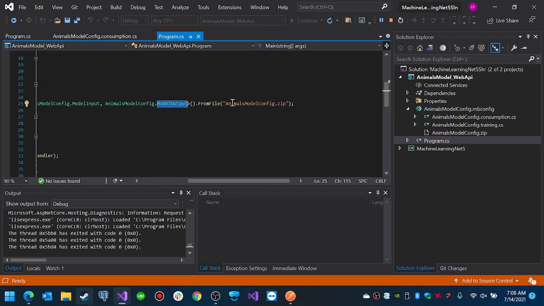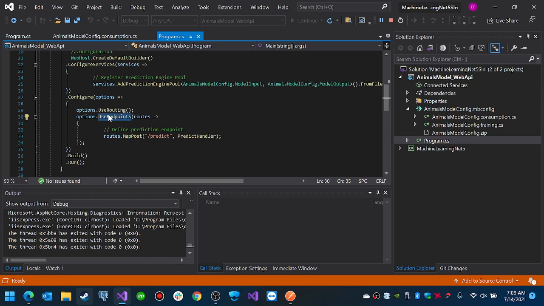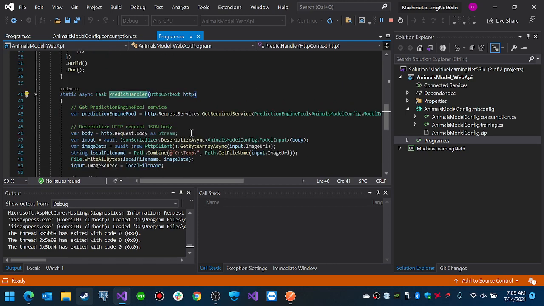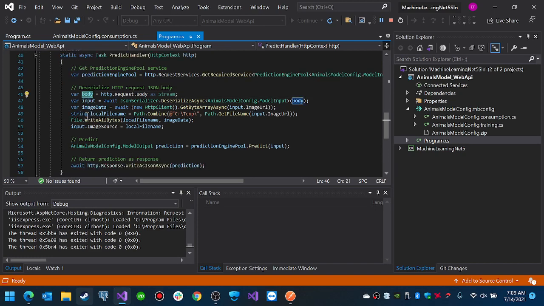And it will use this train model. Then it configures some endpoints, in this case only one. You access it through the predict route and it will invoke the predict handler. The predict handler basically gets the required service for the prediction pool, gets the body of the message of the HTTP request,